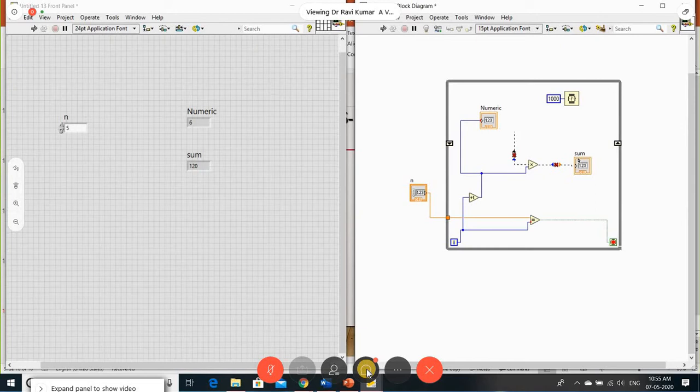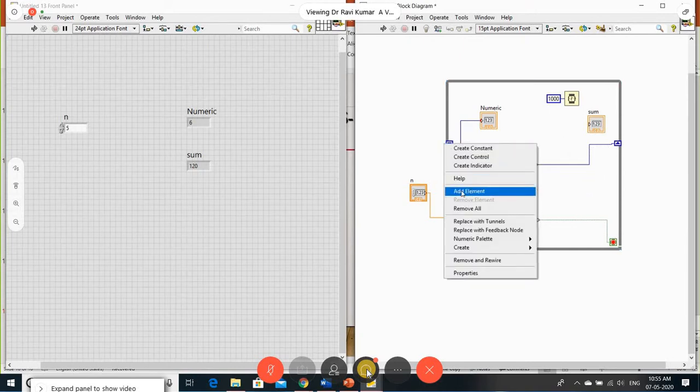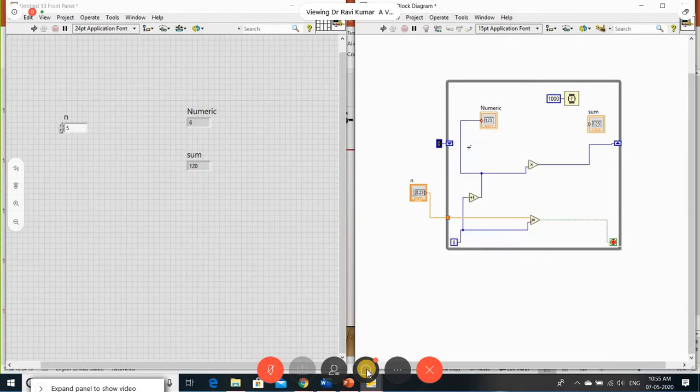Okay, so now, fine. The initial value here I created as 1. This is 1 I've taken. Presently this is the sum or factorial.